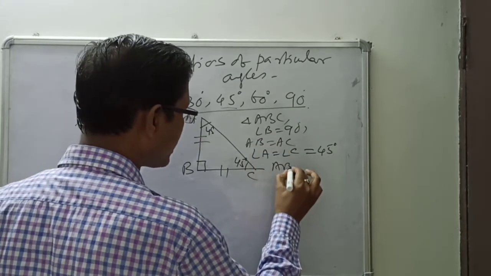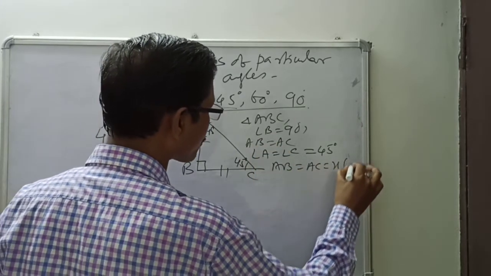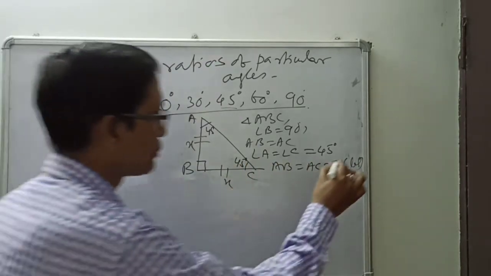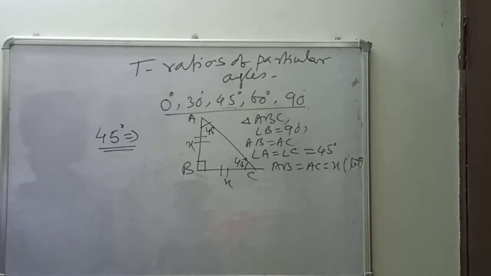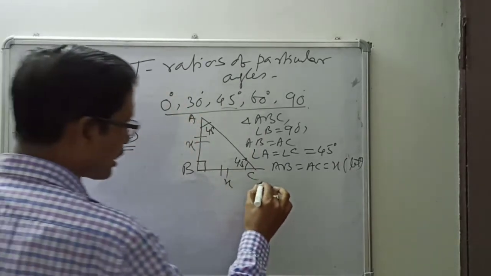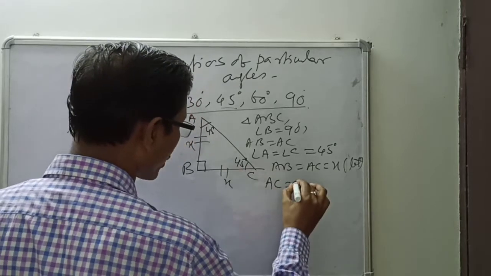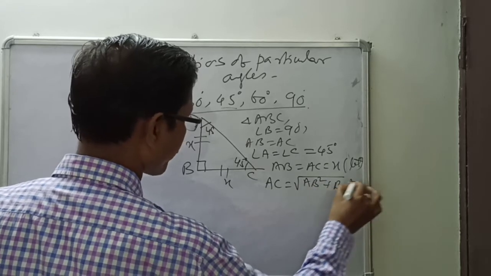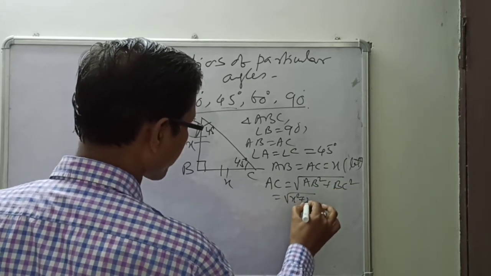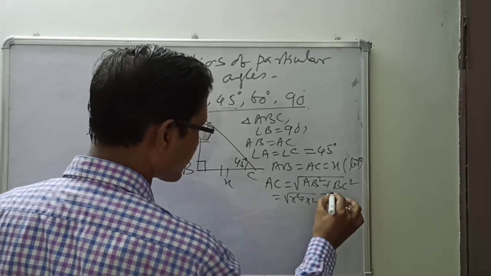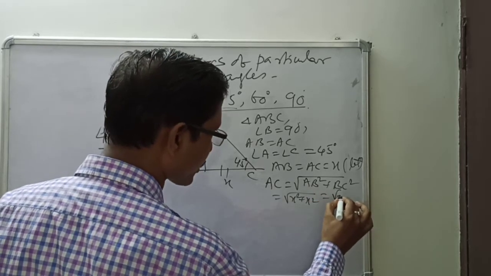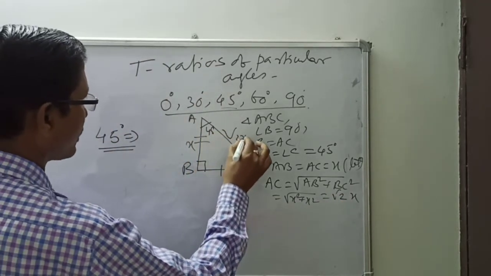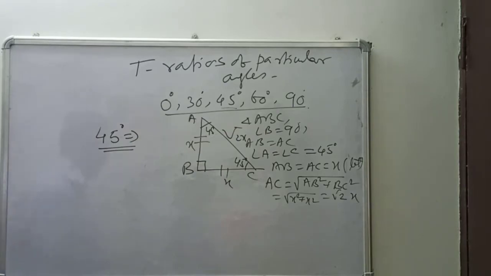And we are having AB equal to BC, that is equal to, suppose, x. We have supposed that, let that be x. So since it is a right triangle, automatically we will get AC, by Pythagoras theorem, equal to root under AB square plus BC square. That means root under x square plus x square, so 2x square, and x comes out. That means the root is only for the 2. That is, you can say AC is root 2 x. So for this triangle all three sides are known.